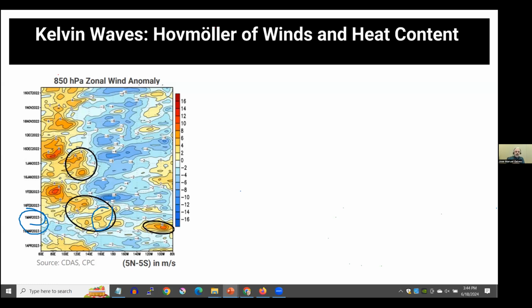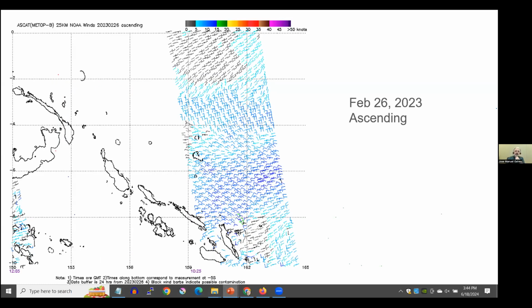We're going to look at ASCAT. Okay, and we have this here. So we are worried about this region, this is in the Western Pacific. And look, the equator is here, right? So let's just look at the equator right this second, okay? Just this second. And the wind scale is here on the top of the screen, all right? So let's look at the equator and tell me,